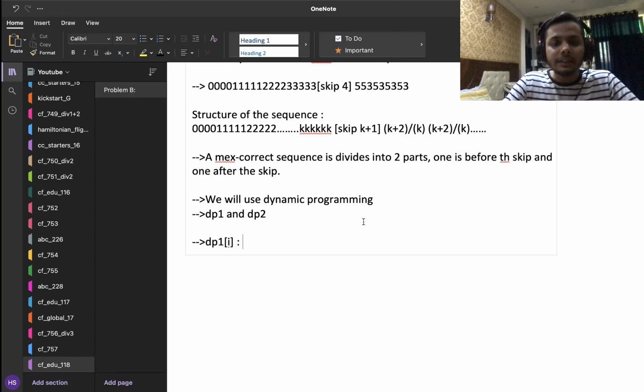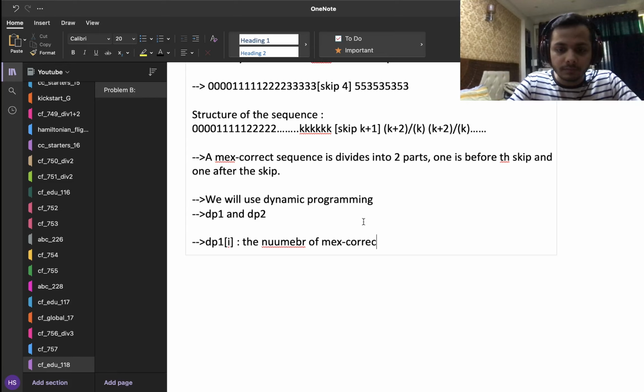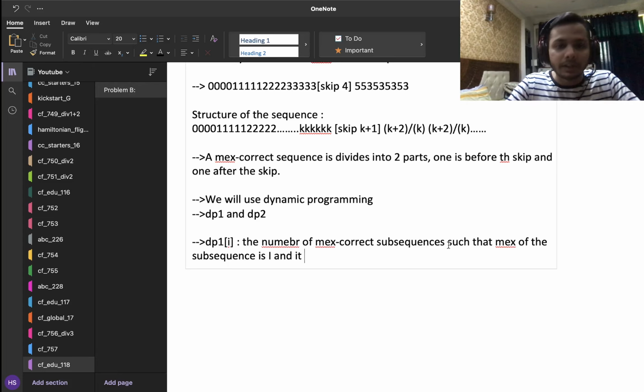DP1 of I is the number of max correct subsequences such that the max of the subsequence is I, and it is in the first part. Basically, it ends in the first part. That's what DP1 is representing.